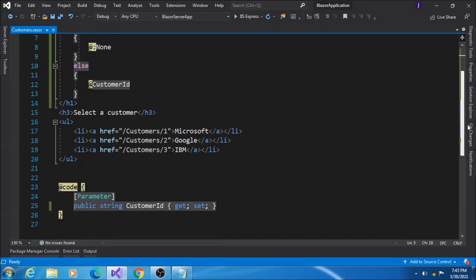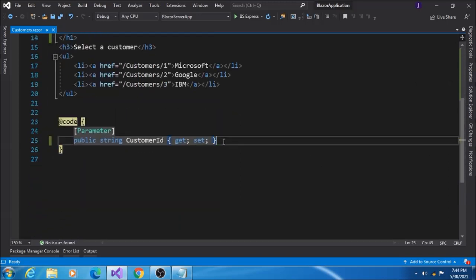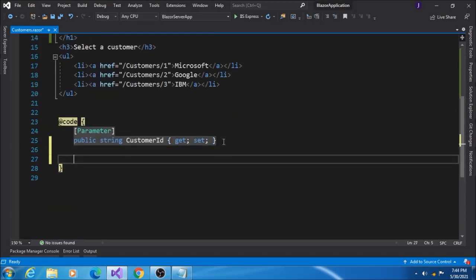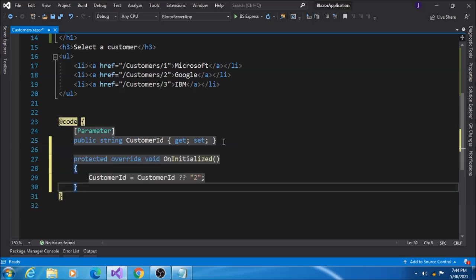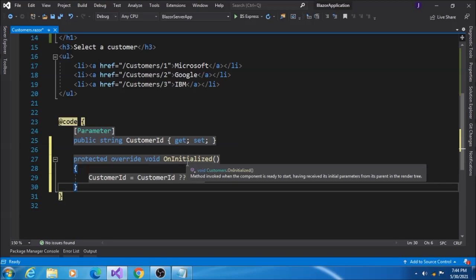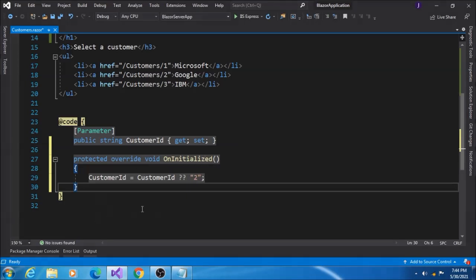You see, in the code block, I am going to add this method, protected override void OnInitialized. By default I am displaying customer ID 2, and save my changes, execute.